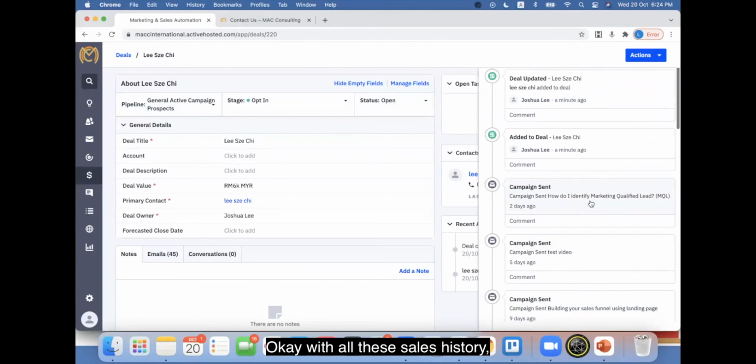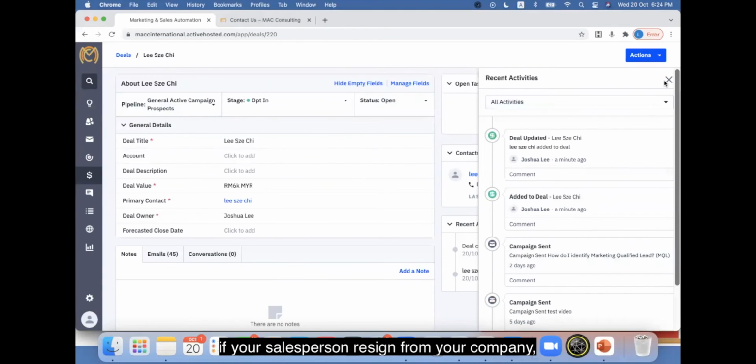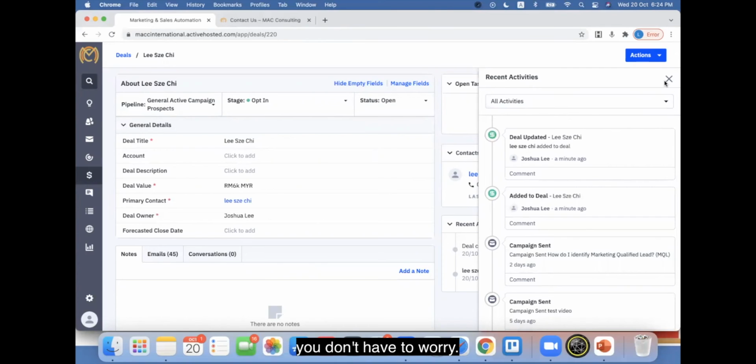With all this sales history, if your salesperson resigns from your company, you don't have to worry. The new sales member who joins in can immediately follow up where it was left off, based on the record that is shown here. So very easy to use,